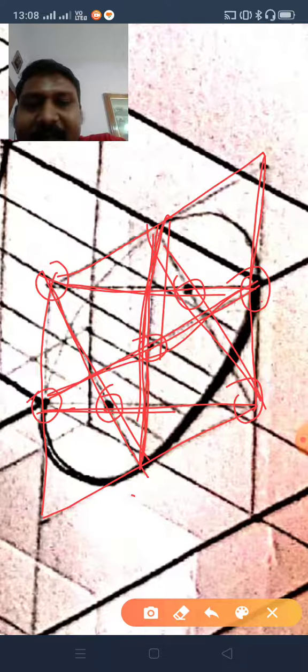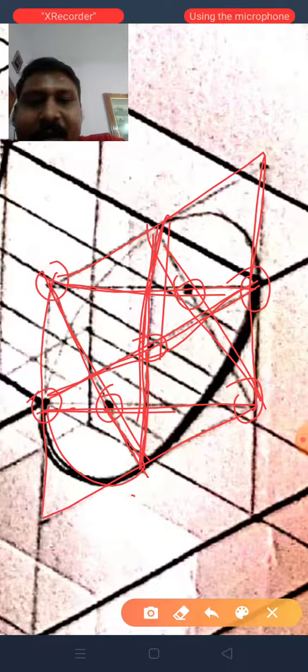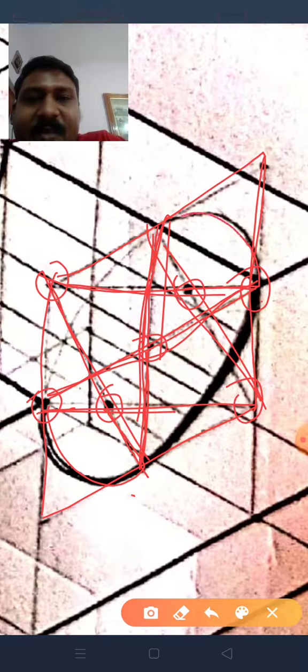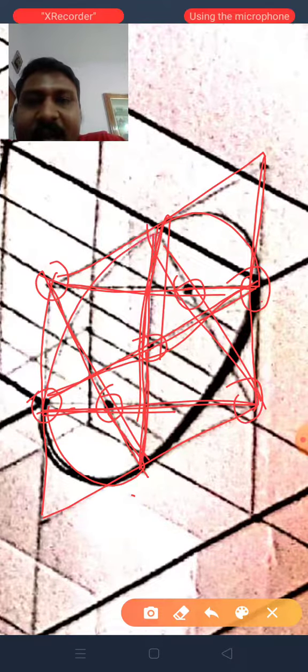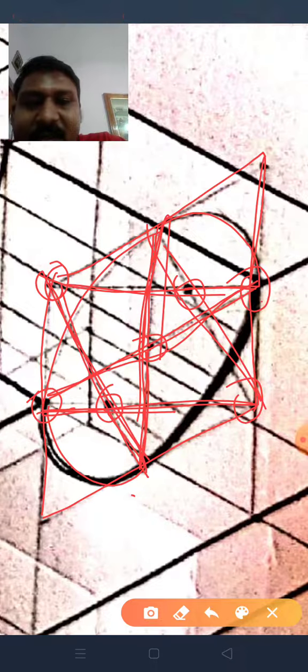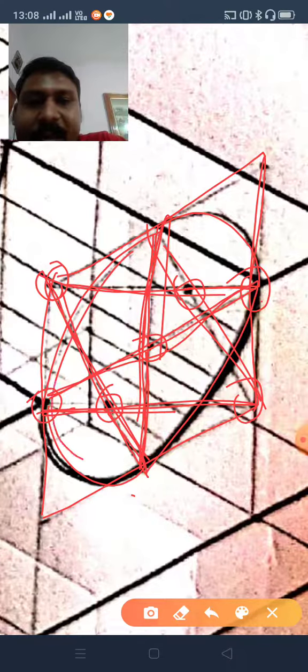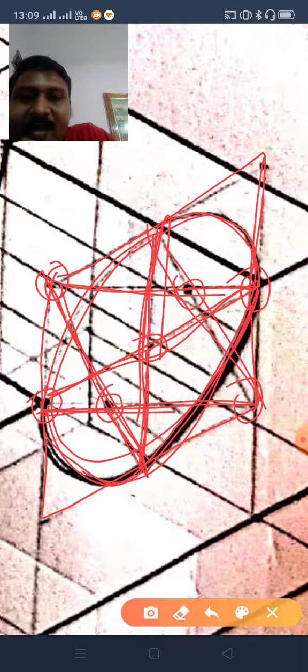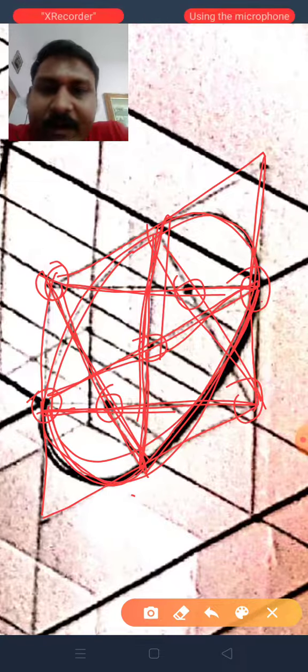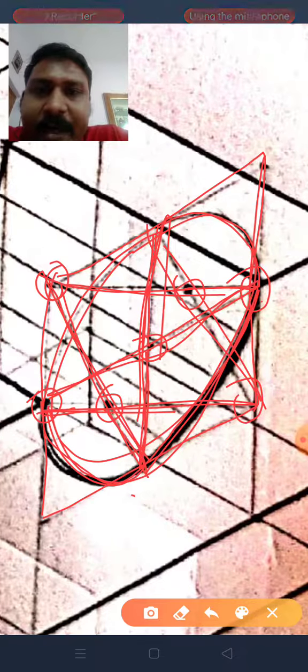Taking this as center and this much as radius, draw an arc here. Taking this as center, this much as radius, draw an arc here. Taking this as center and this much as radius, draw an arc here. Taking this as center and this much as radius, draw an arc here. You will be getting your ellipse. But we want only this much portion, that's why I have darkened only this much. The rest I have left with a light line. No need to rub those lines.